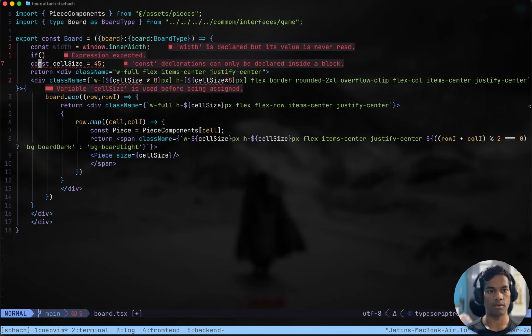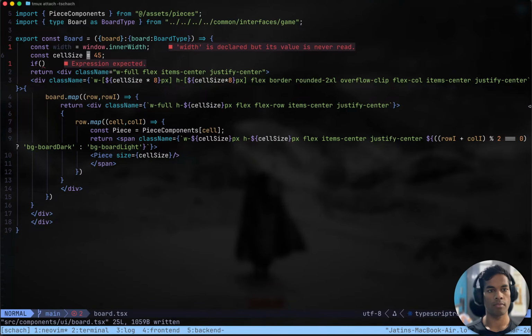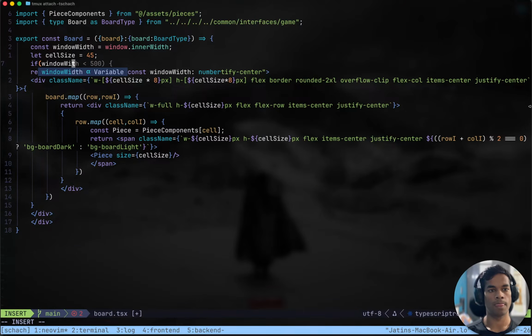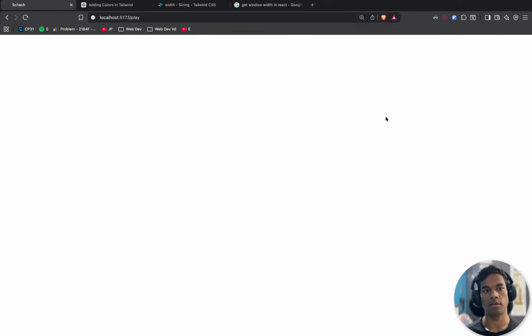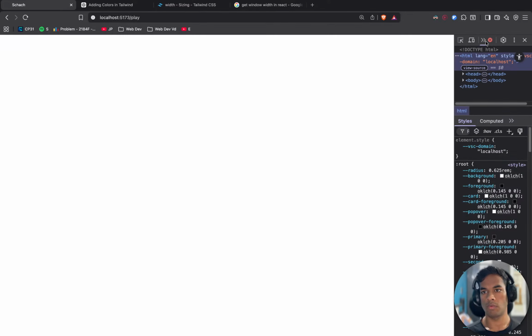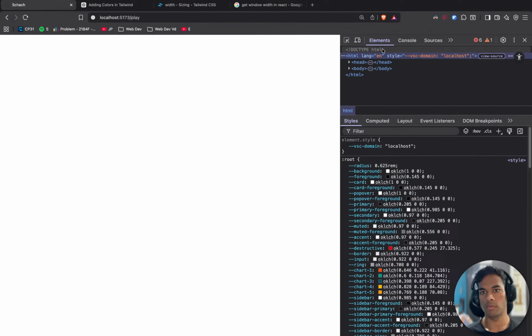Now if window width, how many pixels? Let's see. What is the pixel value of stuff?